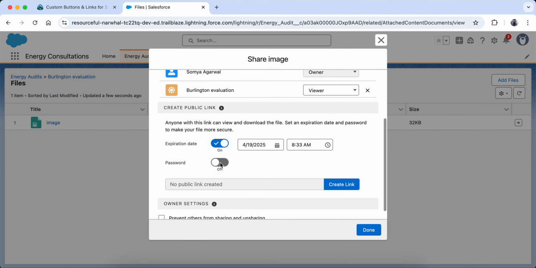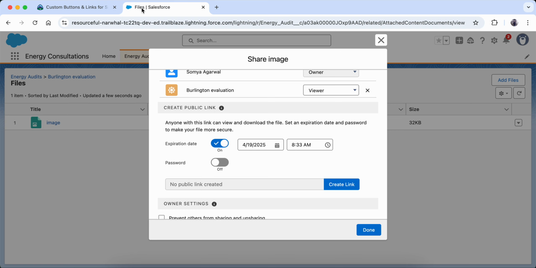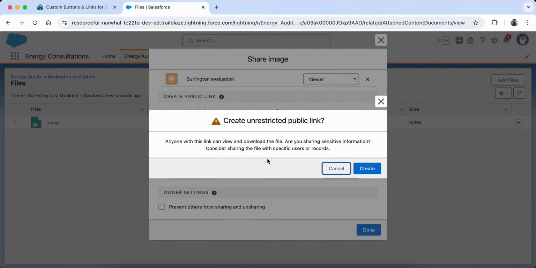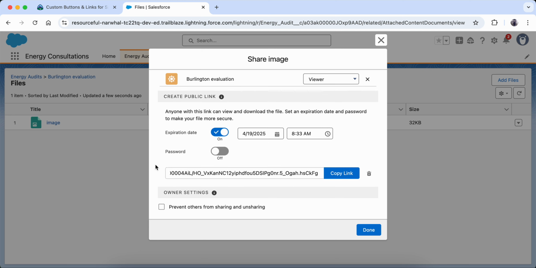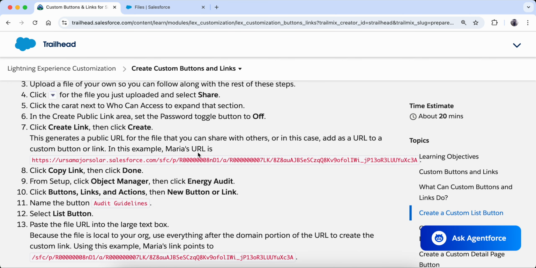This one is already off, right? So we are good here. Now create link, then click create. There is an option to create link. So I have to create a link here, and in this example the URL is this.